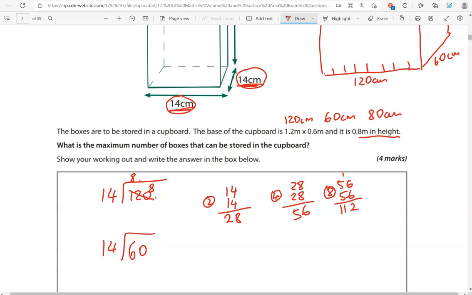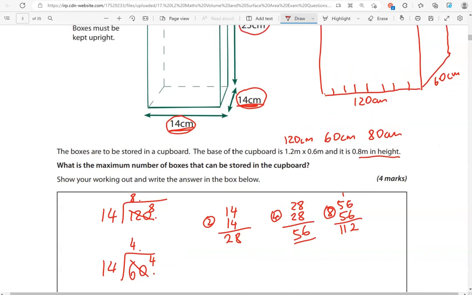So 4 lots of 14 gives us 56. We can't add any more. So that will be 56, and we have 4 remaining. Then again, just like in the previous one, there is no point in continuing because you can't have part of a box fit in. So that will be 4 fit in along the width,